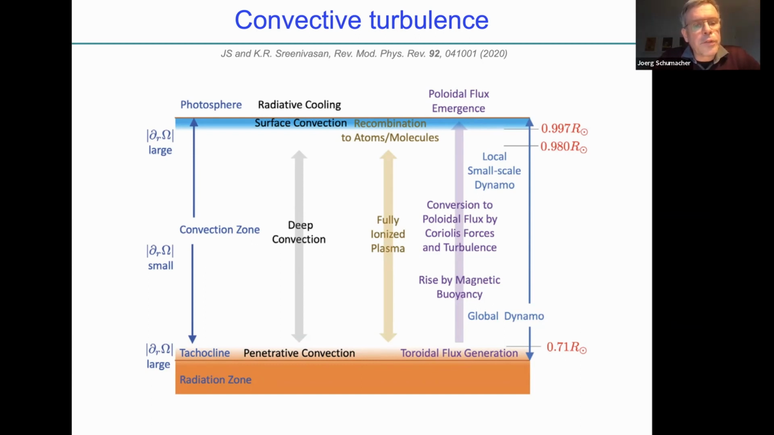And indeed, as you can see by this kind of sketch, it's an extremely complex physical process. It involves rotation, it involves radiative transfer, it involves changes in the chemical composition of the plasma, and last but not least, certainly also the whole magnetic interaction, the interaction with the magnetic field, including the dynamo action. So it's an extremely complex convection phenomenon, and